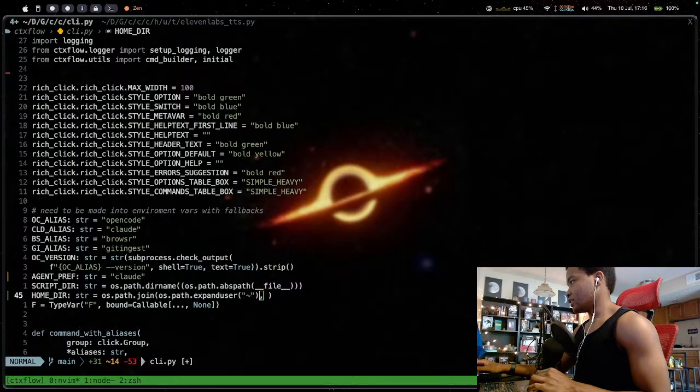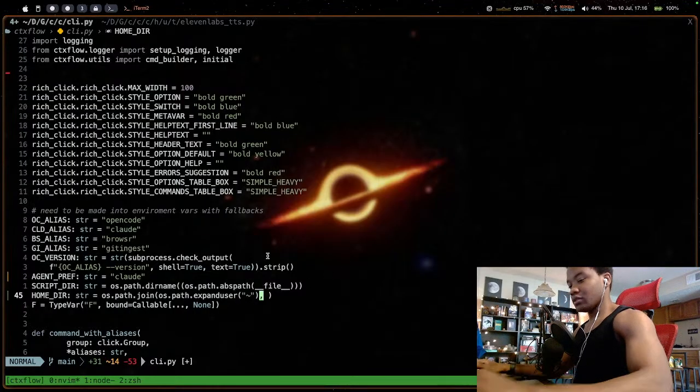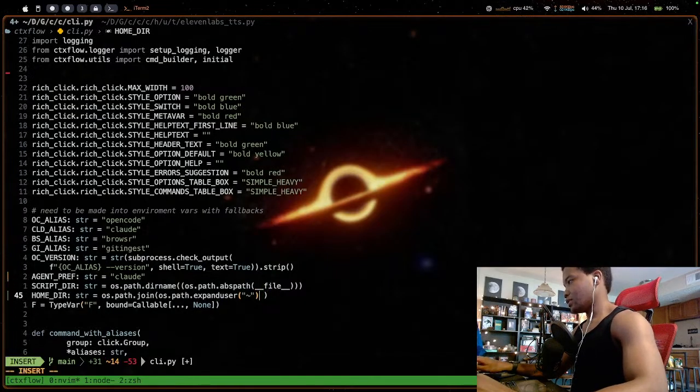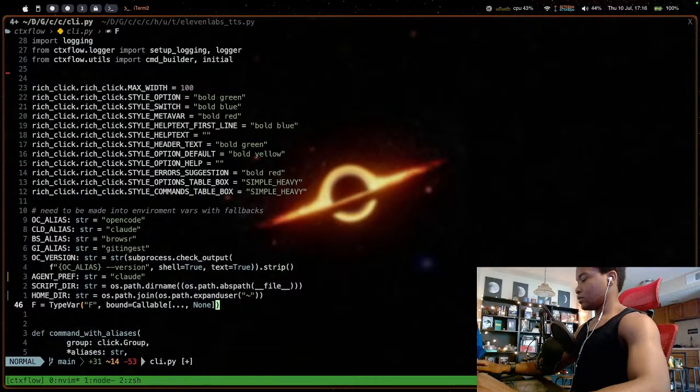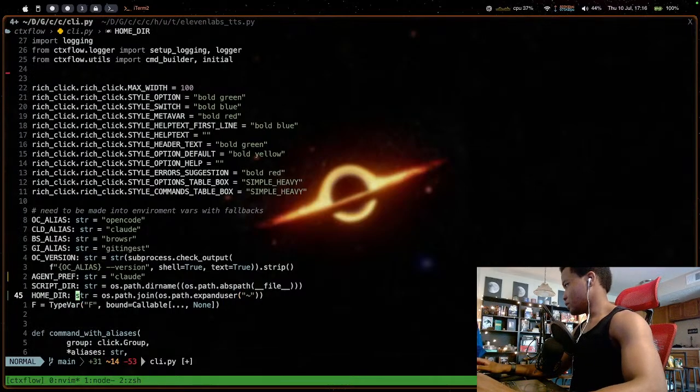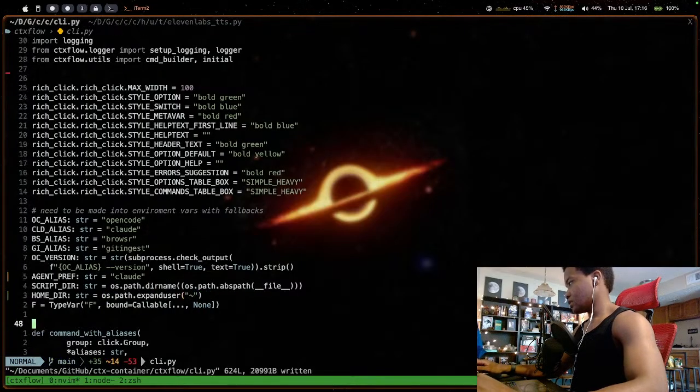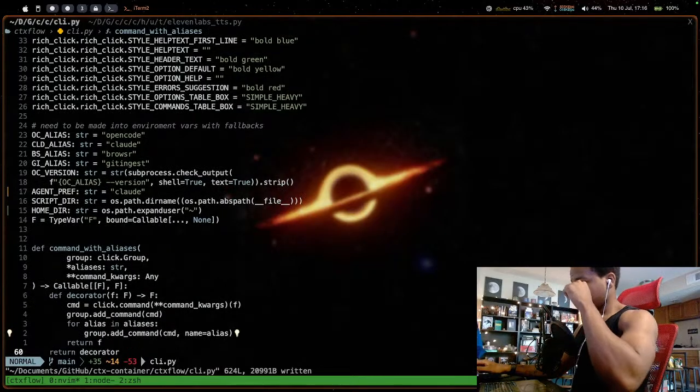Okay, so that's what I thought, because I remember doing this but so long ago. So os.path.expanduser is the home directory, and then I can just do dot. Well, no, we're fine, that's all we need. I forgot I was just doing the home directory. It's literally just the home directory, so I don't even have to do os.path.join.